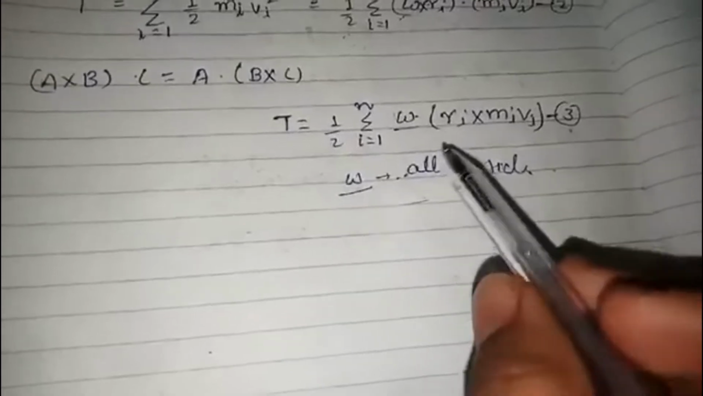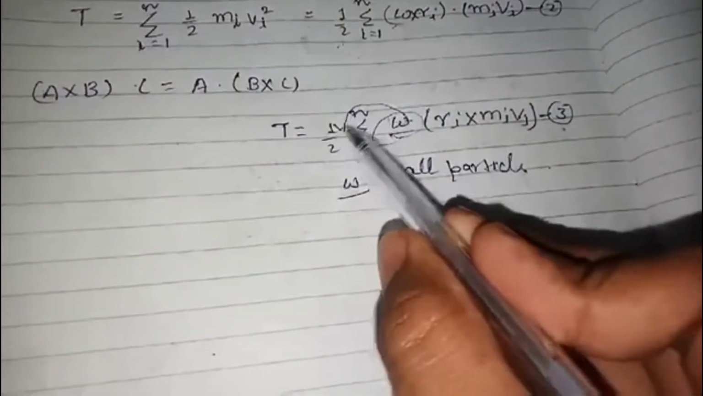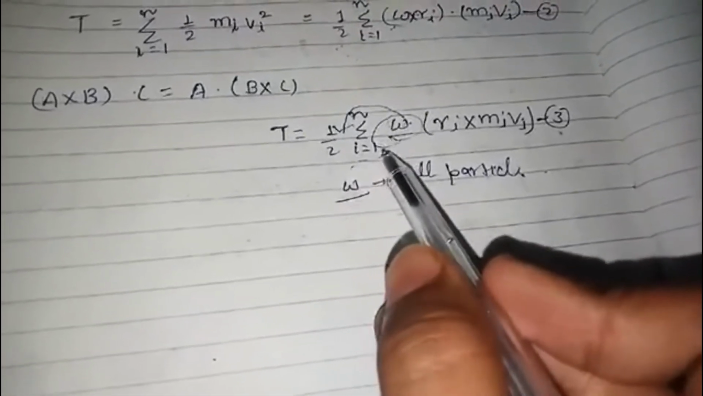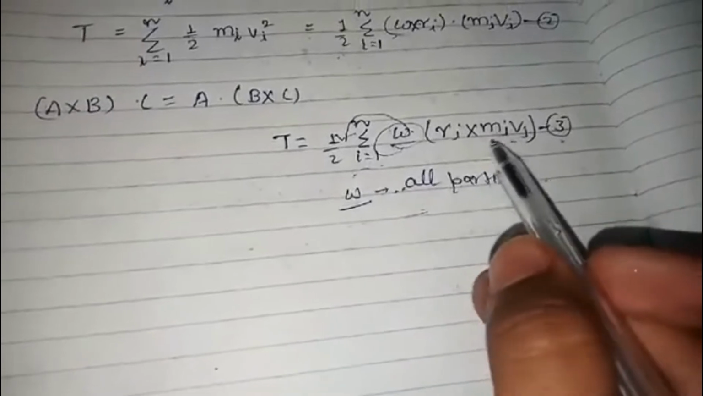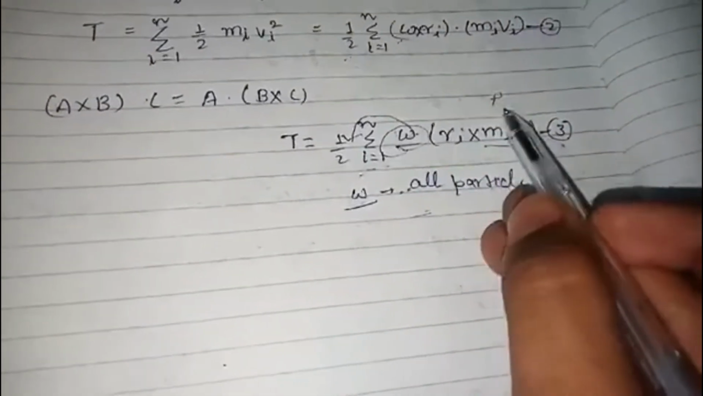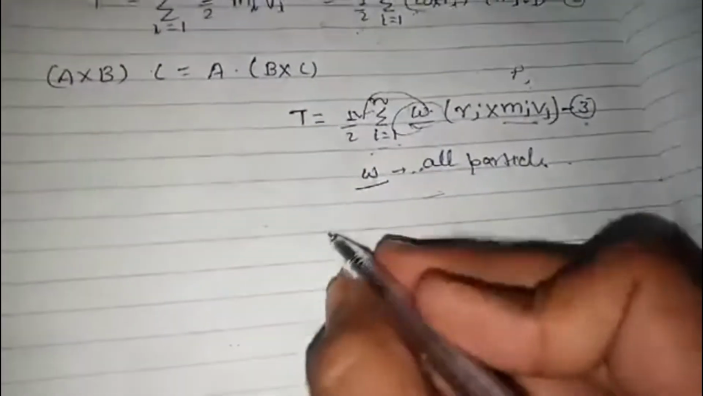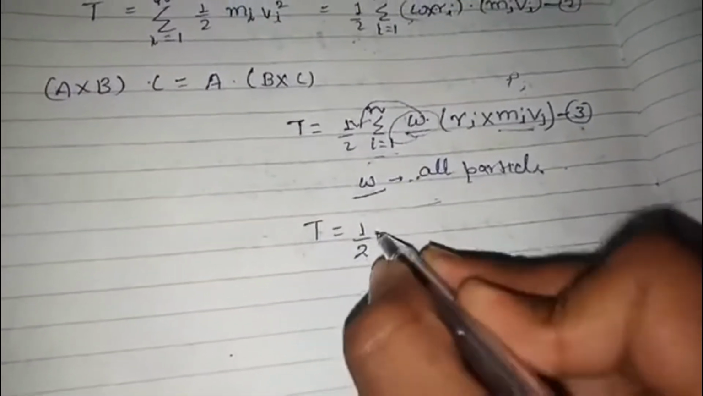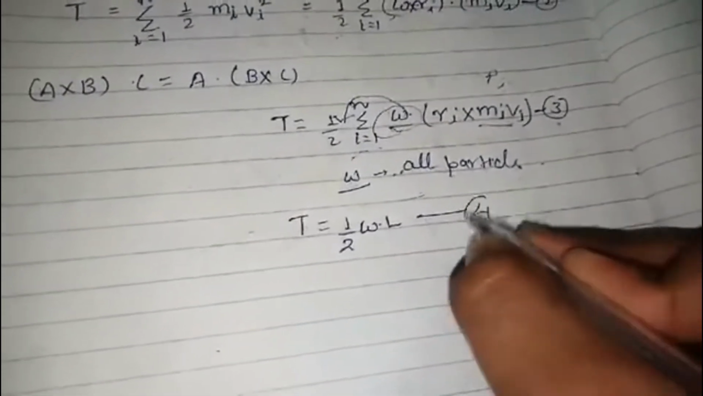सो अगर ओमेगा सभी पार्टिकल्स के लिए सेम है तो ओमेगा को हम एक कांस्टेंट की तरह ट्रीट कर सकते हैं और ओमेगा इधर आ जाएगा। और ये जो बाकी फॉर्मूला बचा, सिग्मा आई इक्वल टू 1 to n आर आई क्रॉस एम आई वी आई, MIVI होता है PI। ये पिछले वीडियोस में हम डिस्कस कर चुके हैं, ये एंगुलर मोमेंटम का फॉर्मूला होता है। उम्मीद है आपको ये चीज़ें आती होंगी। इसे हम इक्वेशन नंबर 4 दे देंगे।